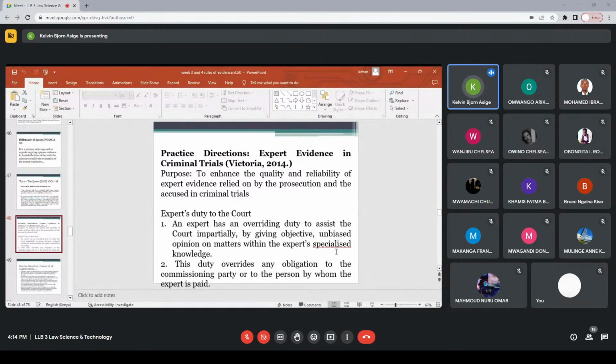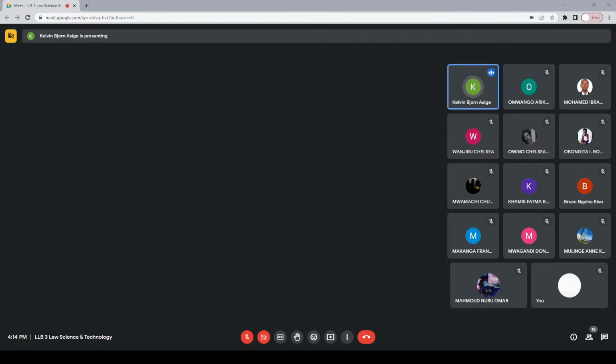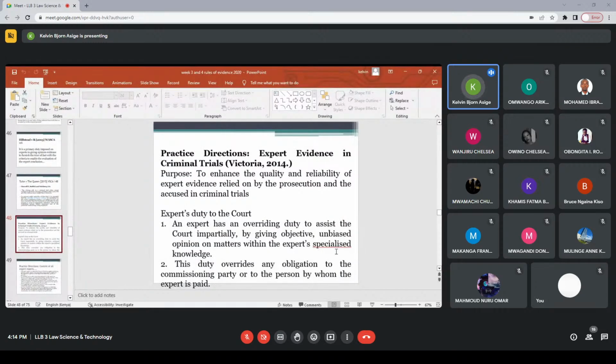When it comes to an advocate, the same I suspect could be said of expert witnesses because of how they come to court. They are not brought by the trier of fact. They're not brought by the judge or the magistrate. They're actually brought by the parties. Whether it's the accused or the prosecution, they're brought by one party or the other.